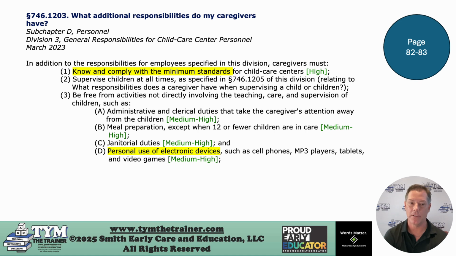Personal use of electronic devices such as cell phones, MP3 players, tablets, and video games cannot be done when counted in child staff ratio and given the responsibility of a group of children. The big thing is the personal use of electronic devices. If you have a tablet in your classroom that you're using for parent communication, or for anecdotal records or developmental milestones, then that would be okay